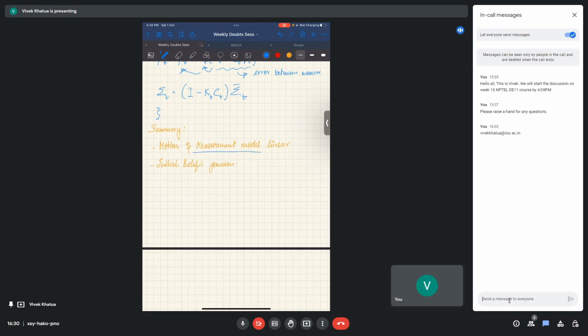Here, measurement model being linear, we are okay with it. But the motion model being linear, we're not okay with this for one reason: let me take, I'm going in a curved trajectory. Right? When I'm going in a curved trajectory, I cannot linearize this. If I'm doing a linearization, I am already adding some error into the system.